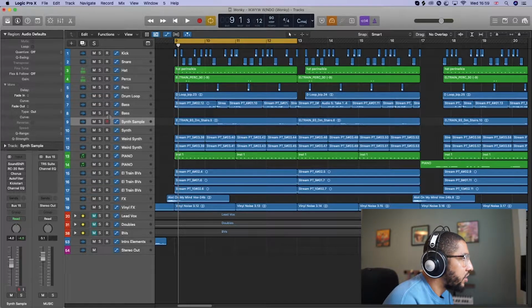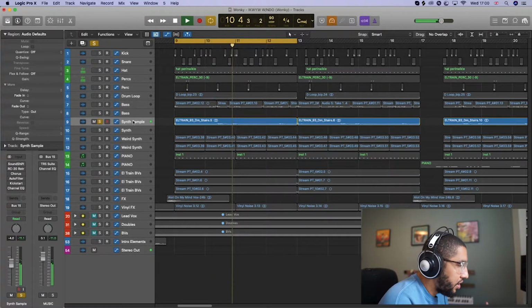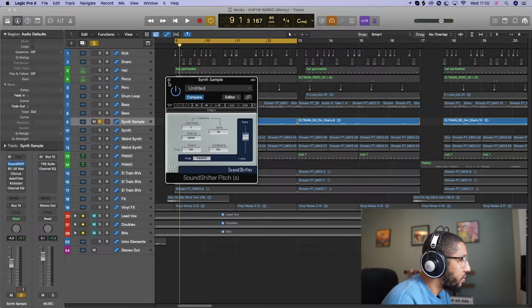And let's check out that sample. So this is where I think the beat started. It's this sample from that pack I was talking about. If you listen to the song, you can hear this in there, but there's a lot of effects. So first up, I put a sound shifter on, pitched that up like 3 semitones,